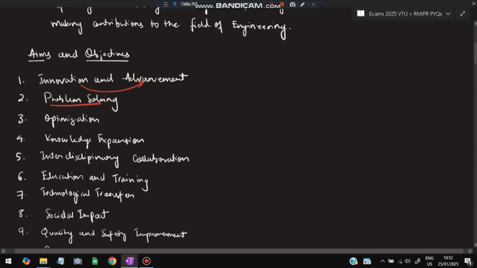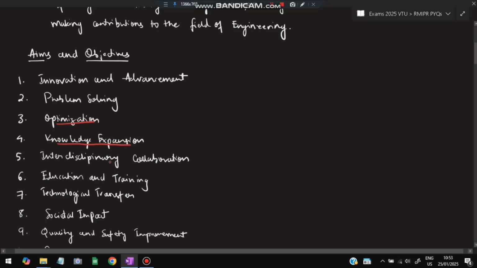Next is the problem solving. Problem solving means whenever there will be a problem, using the existing knowledge base, you'll be solving that problem, so that you'll be getting to know a few more new things, okay. That is what is called problem solving. When you solve a problem, you'll obviously get to know a few other points of view, okay. That is also a part of engineering research. Third is optimization. What do you mean by optimization? Means making it better, more efficient, reducing the existing cost and minimizing the environmental impact. Those things come under optimization, okay.